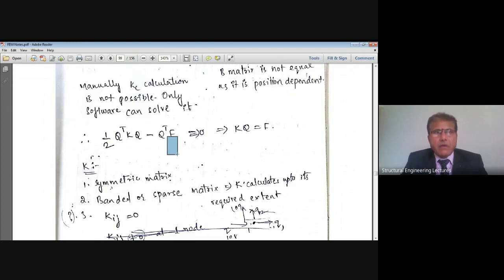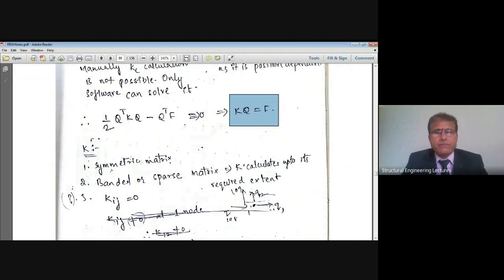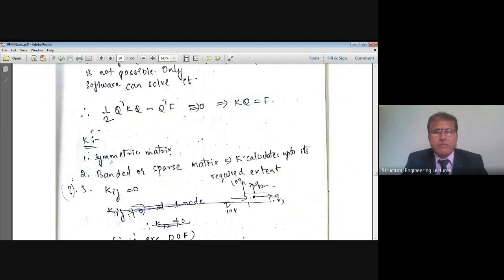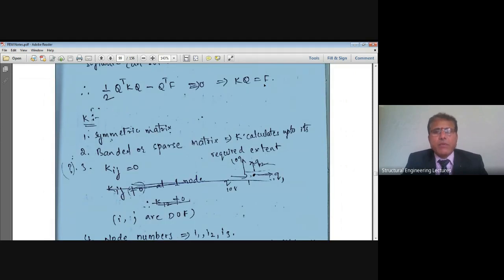a summation having contributions from body force terms Fe, traction force terms Te, concentrated loads if any, and temperature loads also if at all. If other types of loads are there, they'll also come into the picture. Once I formulate that global load vector F, I can write the equilibrium equations as half Q transpose KQ minus Q transpose F is equal to 0, which leads to the equilibrium equation of this entire 2D continuum as KQ is equal to F, where capital K is the structural stiffness matrix, capital Q is the global displacement vector and capital F is the global load vector.